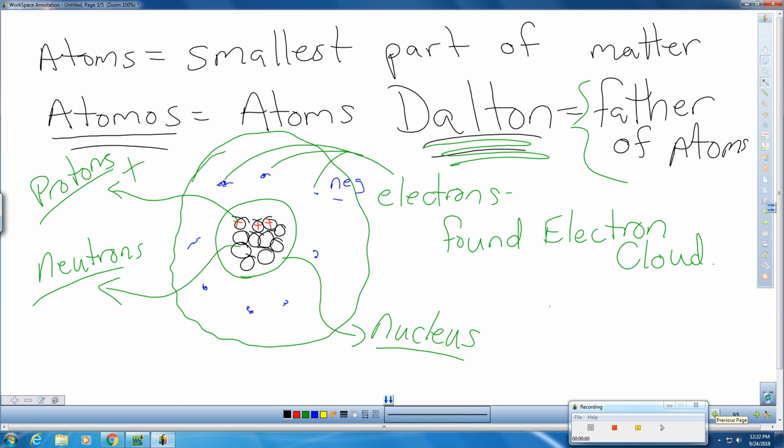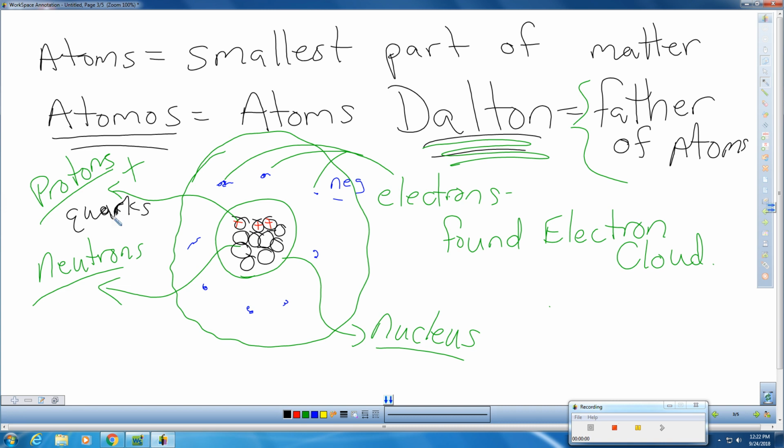One of the things that I forgot to mention is that the parts of the atoms, the protons and neutrons, are actually not the smallest parts that we know of all matter. There are smaller parts called quarks that make up the protons and neutrons. So they're not the smallest part. The quarks are actually smallest, but they cannot stand alone. So atoms are the smallest part of matter that retain all the properties.